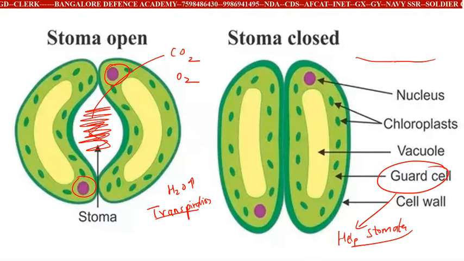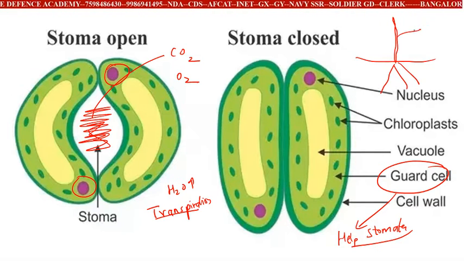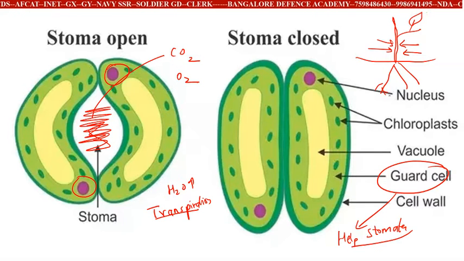Now let us try to understand how your examination question was asked. Imagine this is the root and I am drawing a plant. Suppose this is a very tall plant and here there is a root. When the sunlight is falling on this leaf, the plant or the tree is able to take the water from the ground and give it to all the leaves. How is it possible?